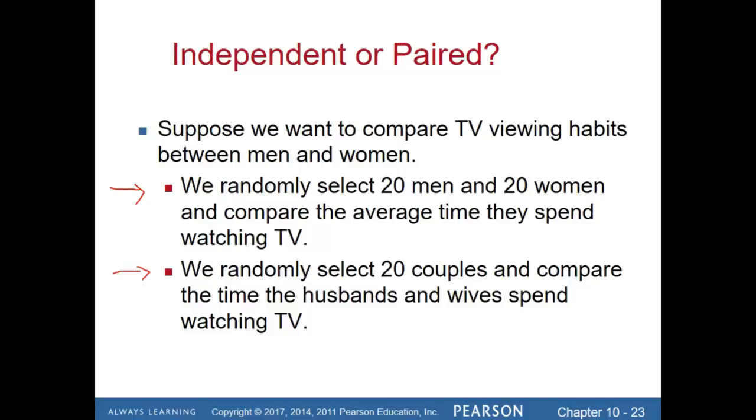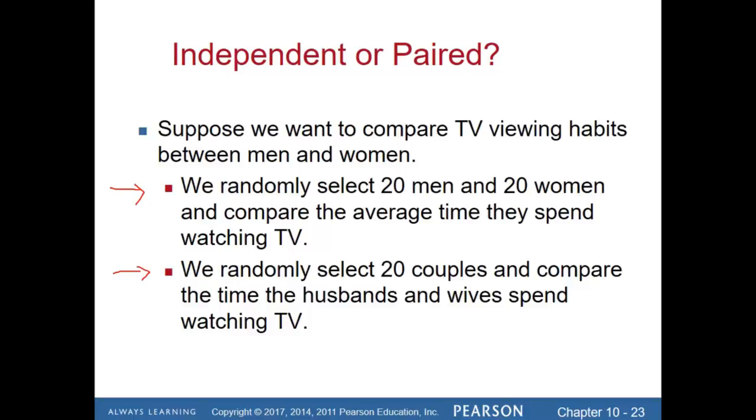Whereas in the second example, the husbands and the wives are already matched up, right? They are couples who live in the same household, presumably, and have at least similar TV viewing habits or similar interests, or at least we would think possibly some overlap in terms of viewing habits and interests. Perhaps similar obligations outside the home, whether it's kids playing sports or other interests that they have, or similar views on TV watching. In any case, we would expect to see some potential similarity between the husbands and the wives